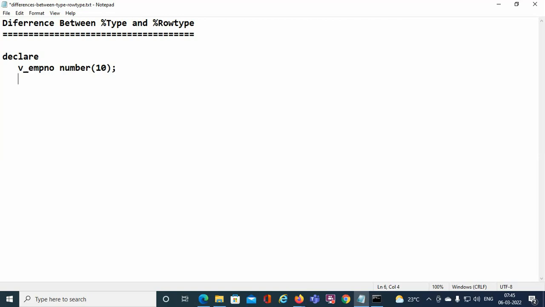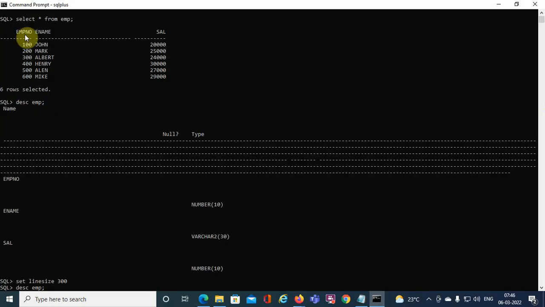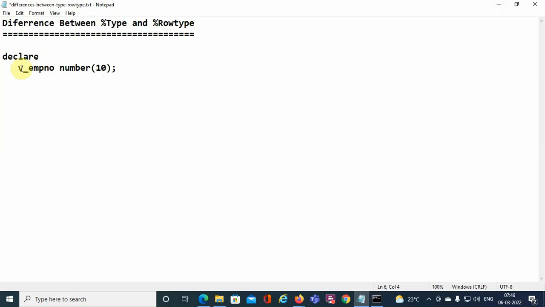Whatever the disadvantage is, if in future the data type is changed in the table, this program may not execute and it will mismatch the data type, right? I repeat, if in future the data type is changed, like empno has been changed to the data type of character or variable character. Right now it is number, and if I change this in future, after this program is in